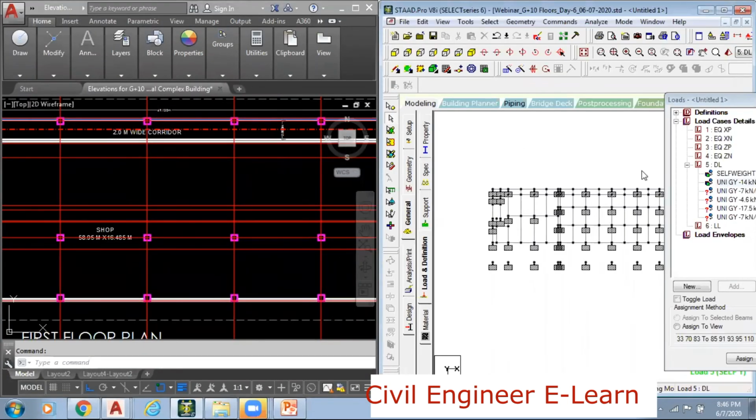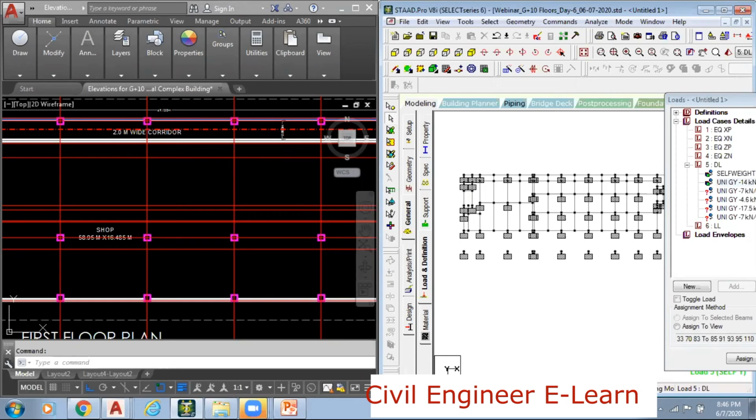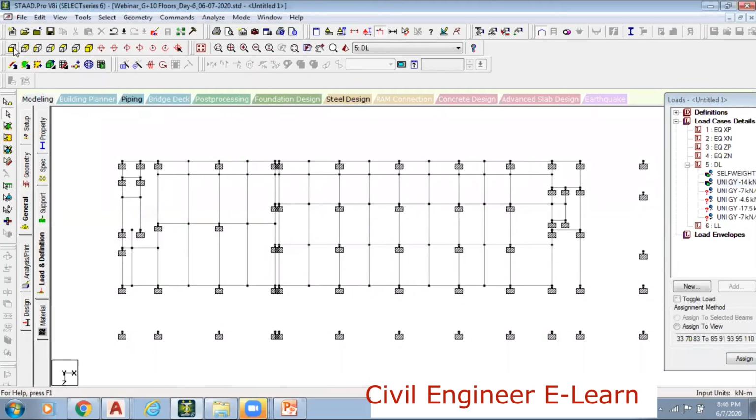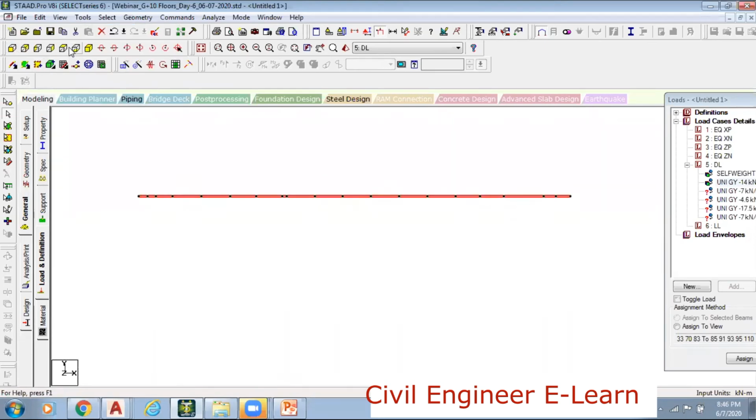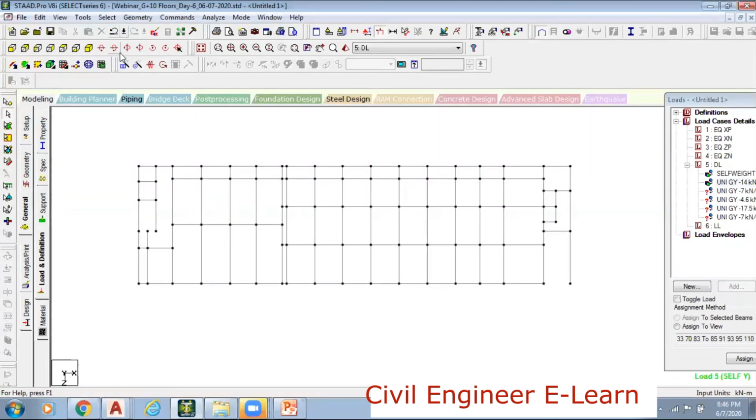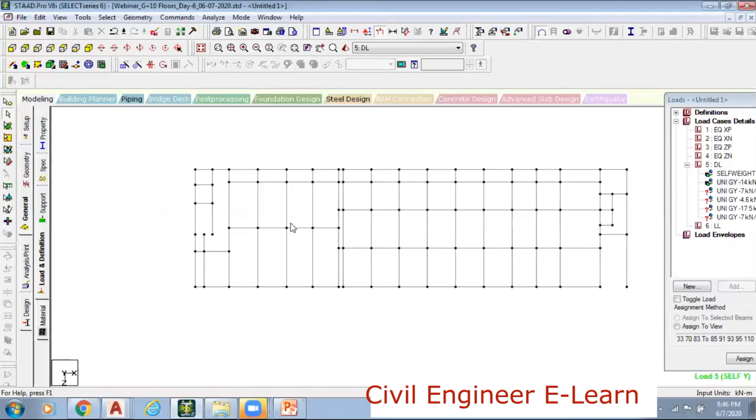Let me keep it on the right left side. I have selected this. Now what I do is I'll select only this portion, all to VV, all to VV. I must be understanding it. And of course there is a beam missing here and then here. I'm going to click this, click this, click this, click this, click this, and then this.